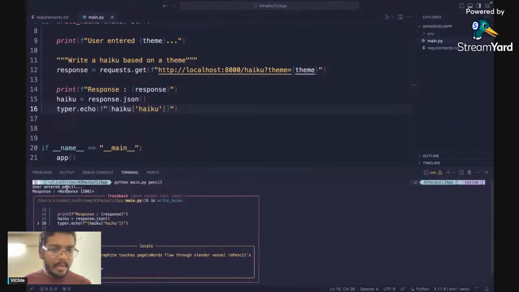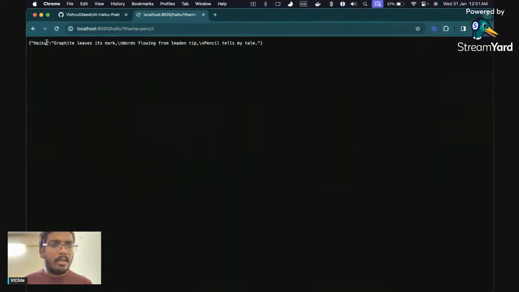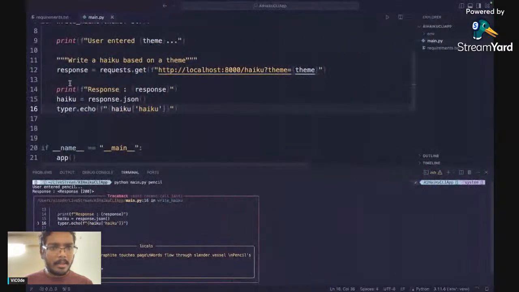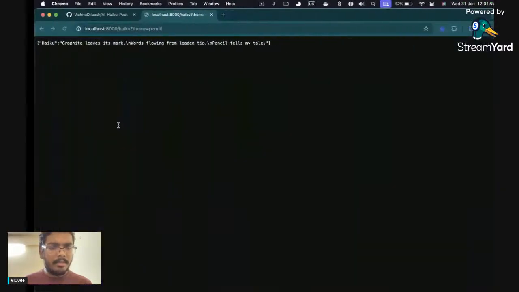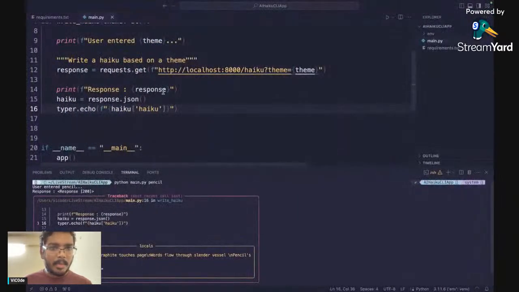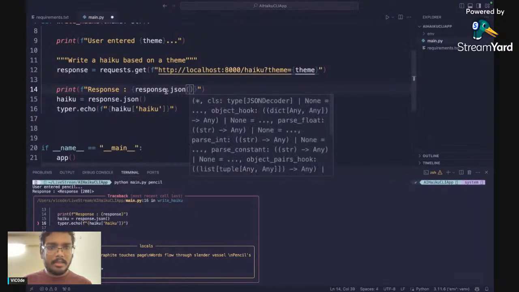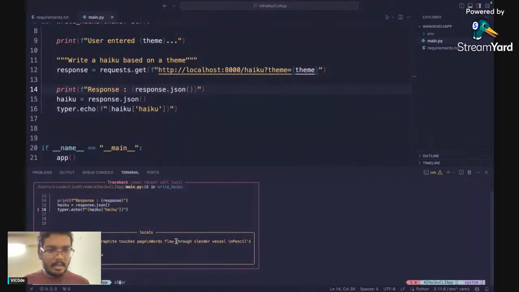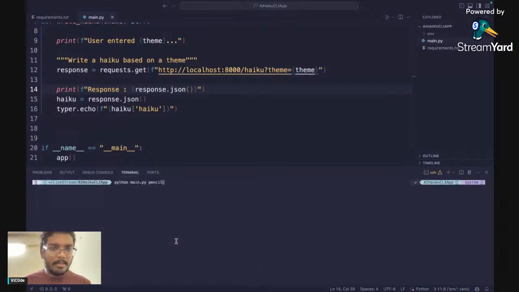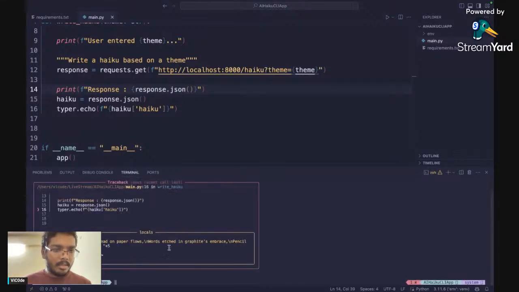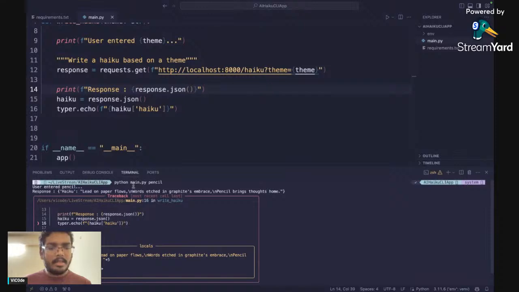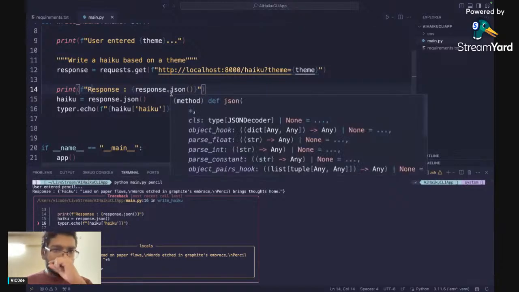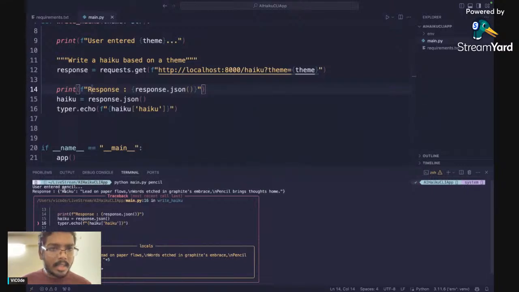Okay, and we can see response is 200. So that's not helpful. We should be getting this JSON. So maybe I can do response.json. So if I run it again, I should be getting yes. So it's inside response.json, and response.json has something